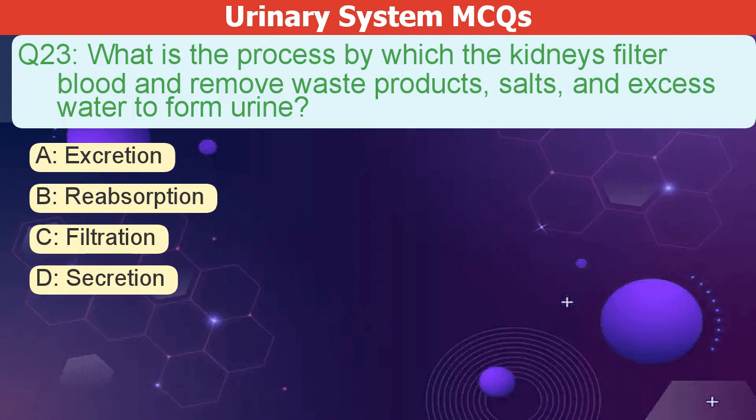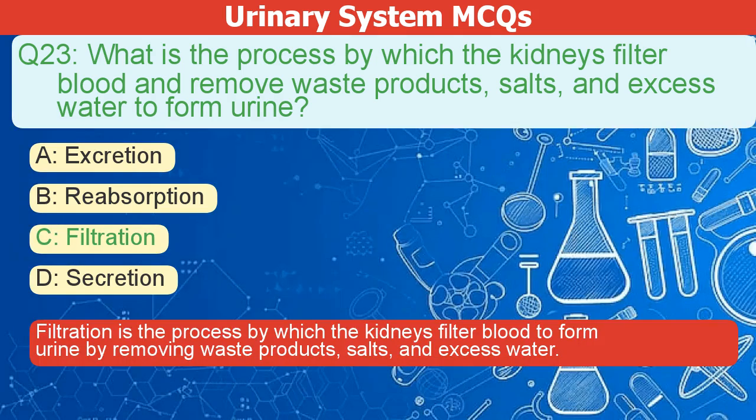What is the process by which the kidneys filter blood and remove waste products, salts, and excess water to form urine? A. Excretion. B. Reabsorption. C. Filtration. D. Secretion. The correct answer is C. Filtration is the process by which the kidneys filter blood to form urine by removing waste products, salts, and excess